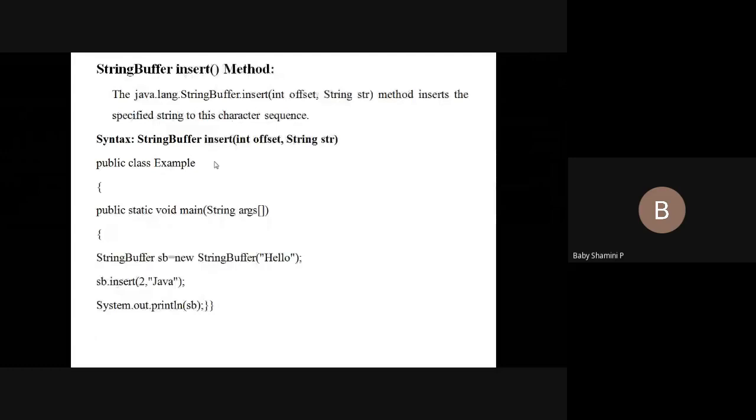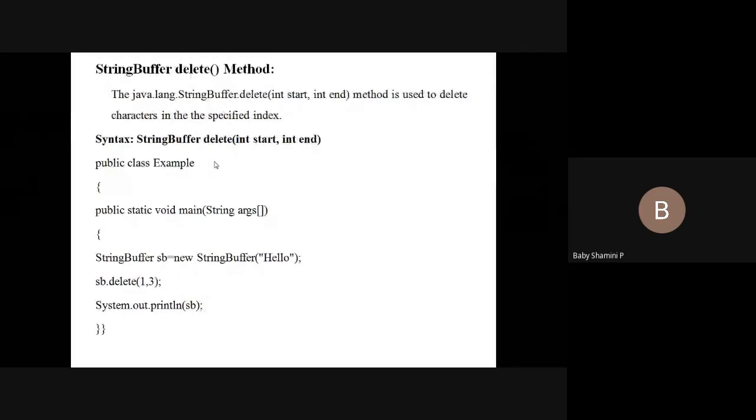And insert: if we need to insert a character or a string at a particular index position, we go with the sb.insert function. We need to give an index position and a string value. And if you want to perform a delete operation, we can do that too. That is sb.delete of, and we need to give index positions, from where to where we perform the deletion. It includes the first index and excludes the last index. So the first character will be eliminated and the second character will be eliminated, but it should not include the third index character. In this way it performs the deletion operation.